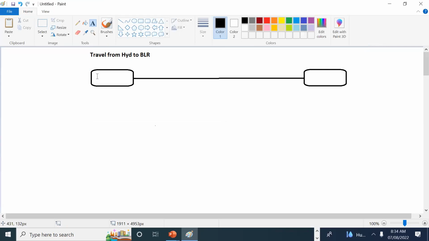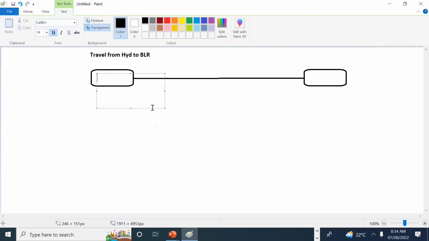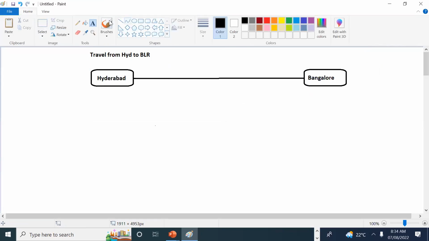the flow of the ETL. Okay, so what is my source now? According to my example, travel from Hyderabad to Bangalore. What is my source? My source can be Hyderabad. And what is my target destination? Bangalore. So now, with the same example, I want to do data transfer